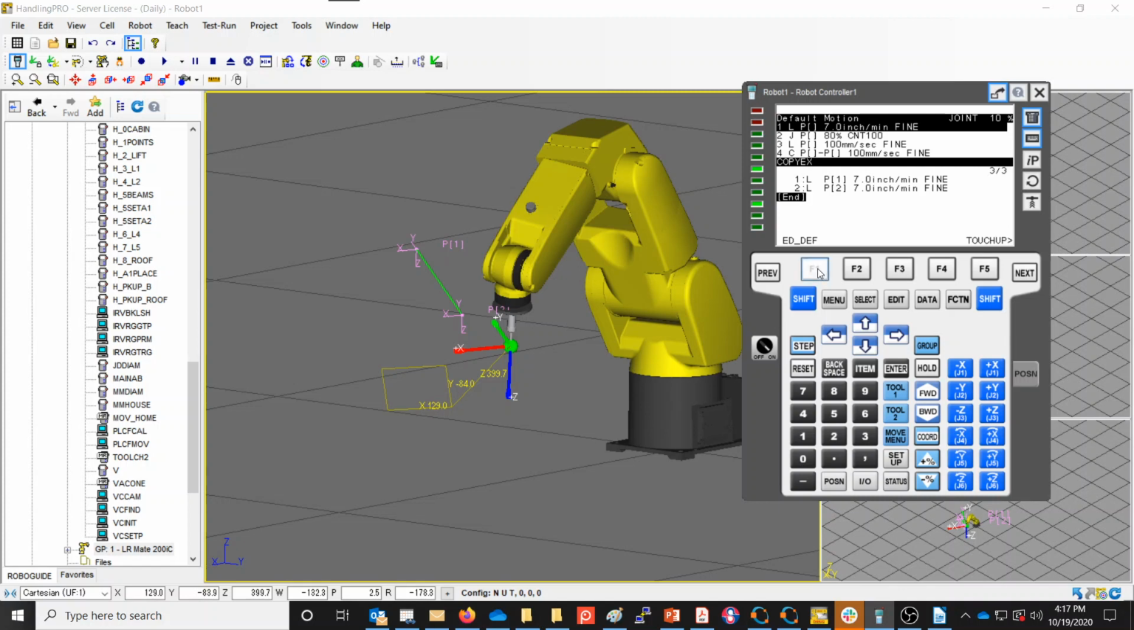So I'm going to go F1 again. I'm going to edit that, and I'm going to make that at, say, 30% speed. Okay. And then I'm going to say done. And now when I do shift point, it's going to take that one that I was on and make